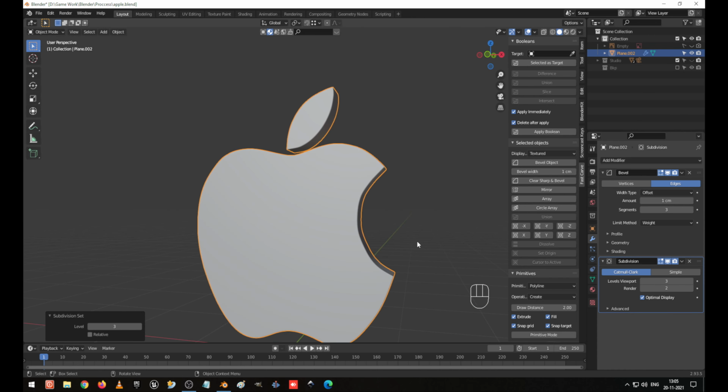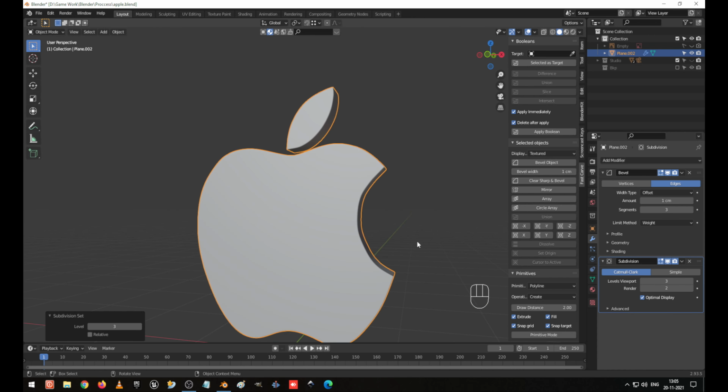I select these edges and press F5 to unwrap perfectly, everything clear. And here also I select these edges, press F5 to mark seam. Now I am going to unwrap this.